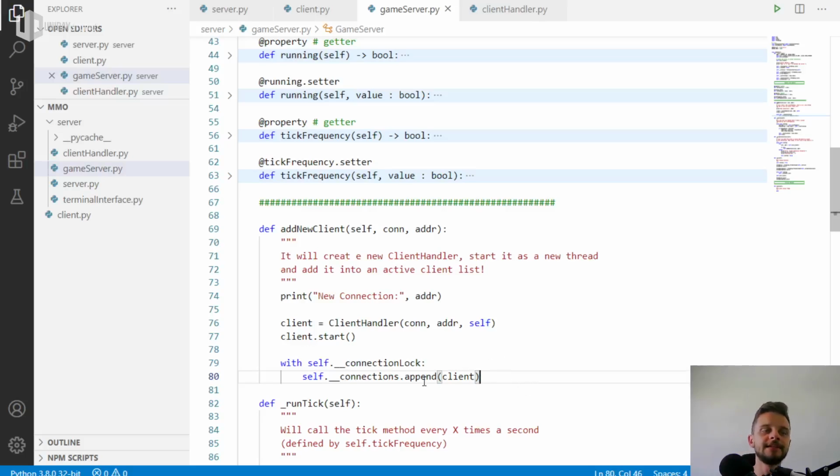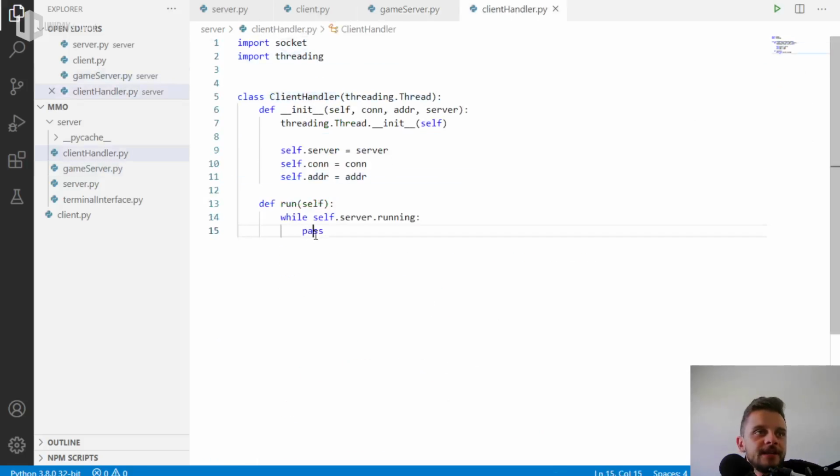Okay, and the other stuff that we need to do, because right now, when you add a new client, we create a new client handle class and start this because it's a thread. So we're going to create a new thread and start running, and then we're going to add this to the connections. And here, I think what may be good for us to do is to listen to the client, to the connection. In a very similar way that we did before, I'm going to listen to the connections inside this